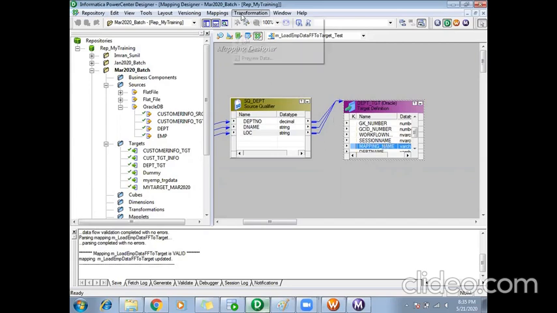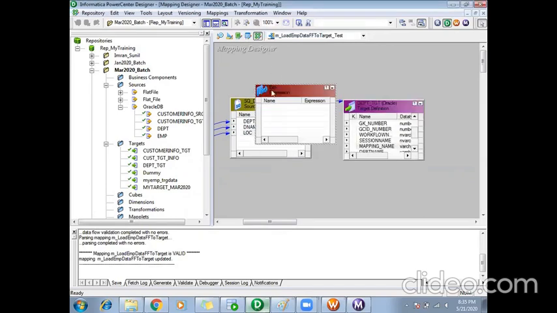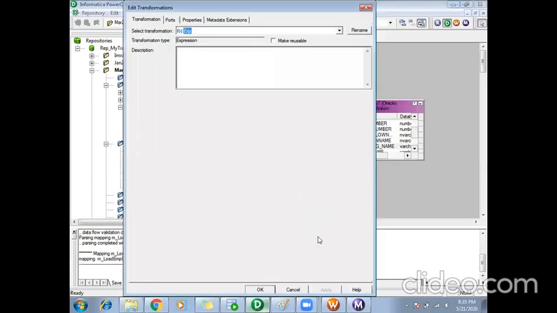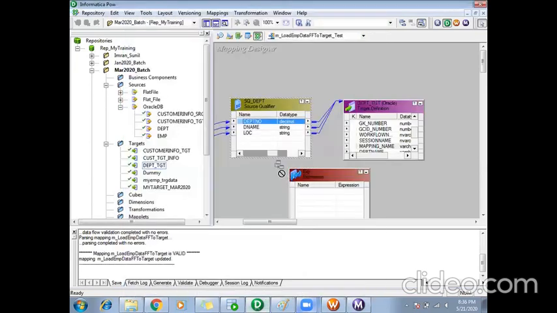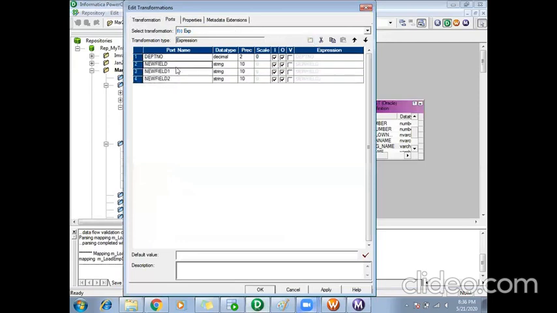So again, I'll be creating an expression to get it. Same thing we did earlier, right? So I'll take any one of the input ports. Then again here I'll create the workflow name, session name, and mapping name ports.